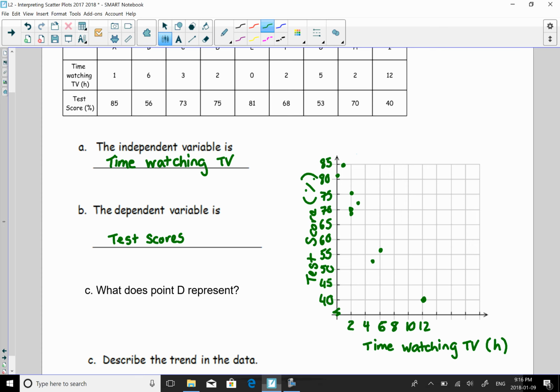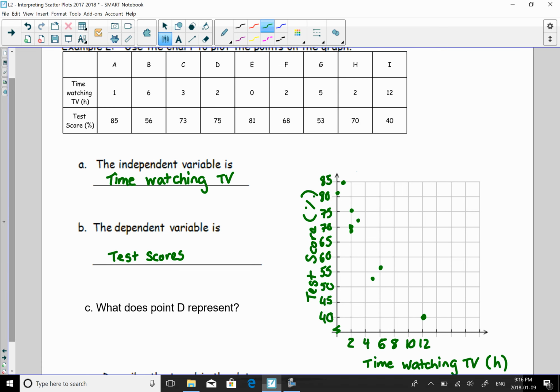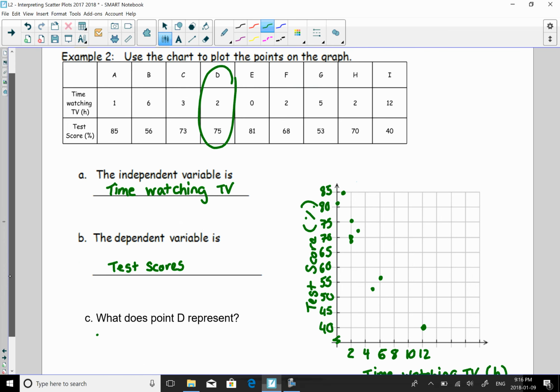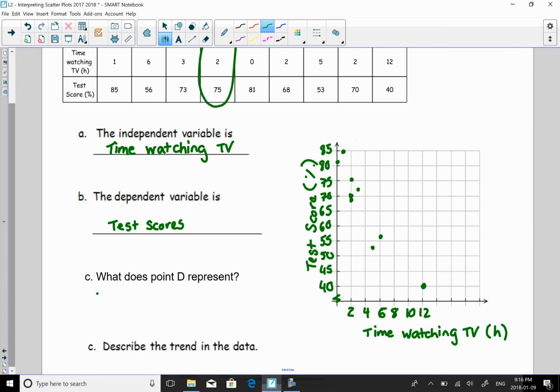What does the point D represent? So if I look at D, D is right here. It tells me that if I watch 2 hours of TV, the test score will be 75. So that's what point D says. So that student